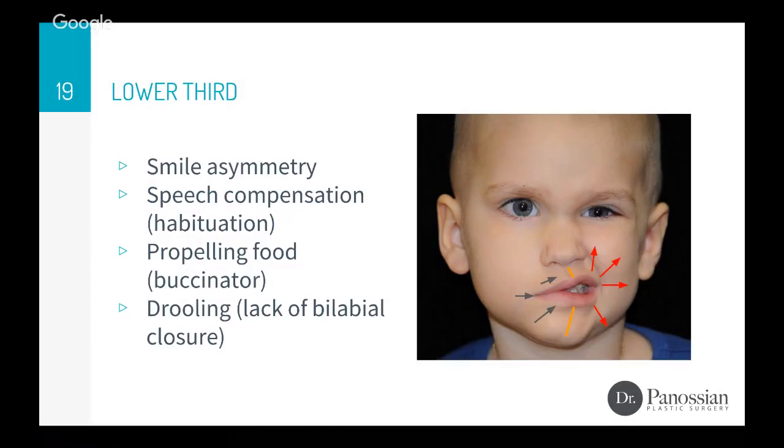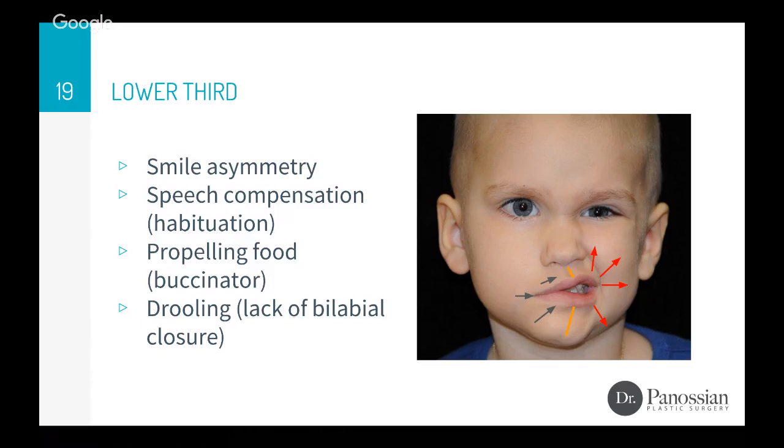In the lower third, we're looking at the smile symmetry mostly, and the mouth symmetry. Smiling being the most recognized function of the lower face, we see a certain pattern of smile asymmetry with unopposed contraction towards the contralateral or unaffected side, and shifting of all the main landmarks of the lips towards the contralateral side. And with it goes some really interesting problems related to lack of the ability to close the lips or